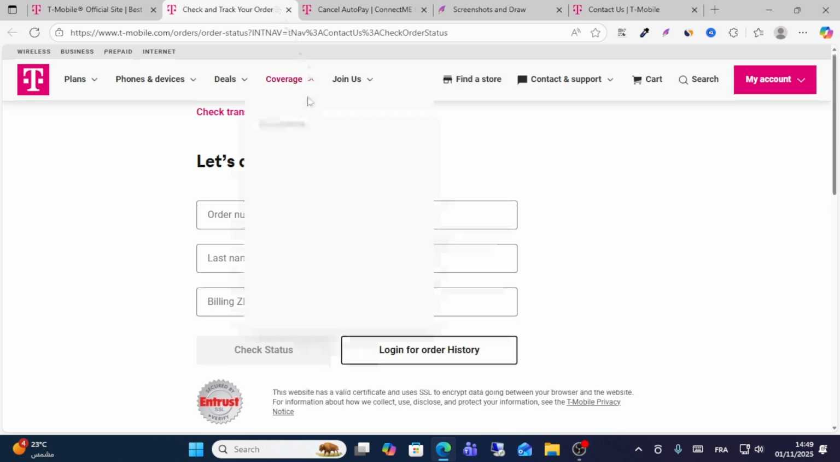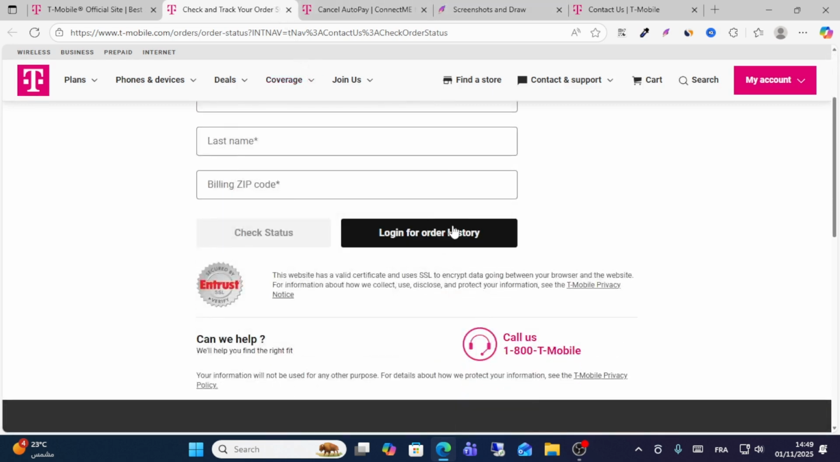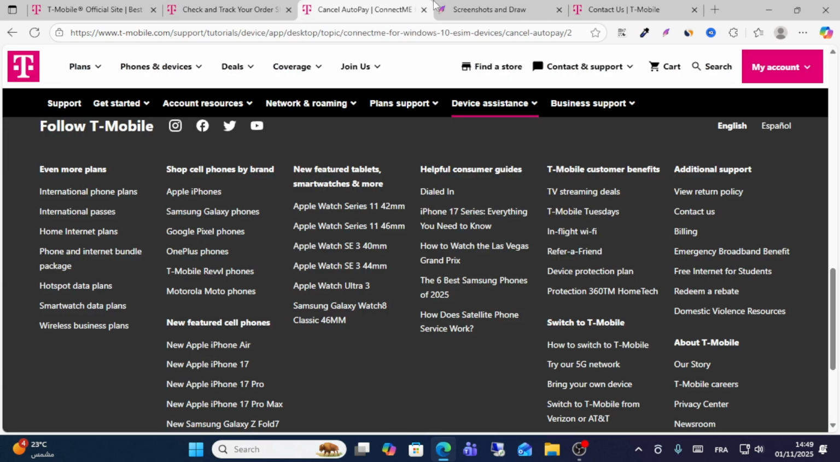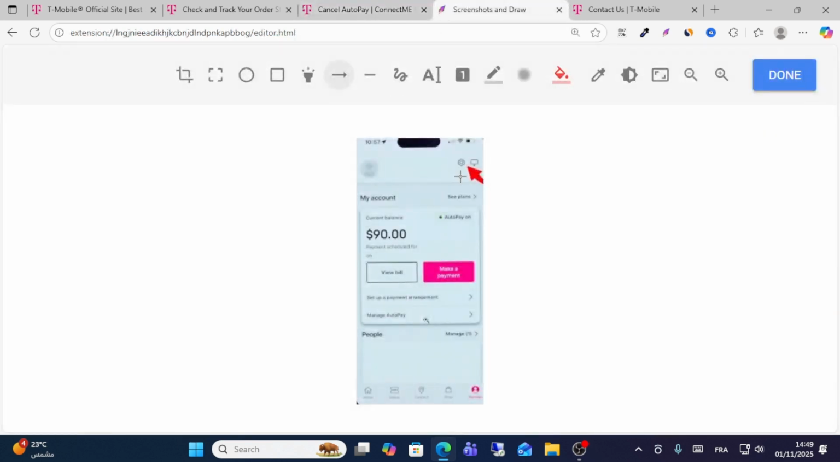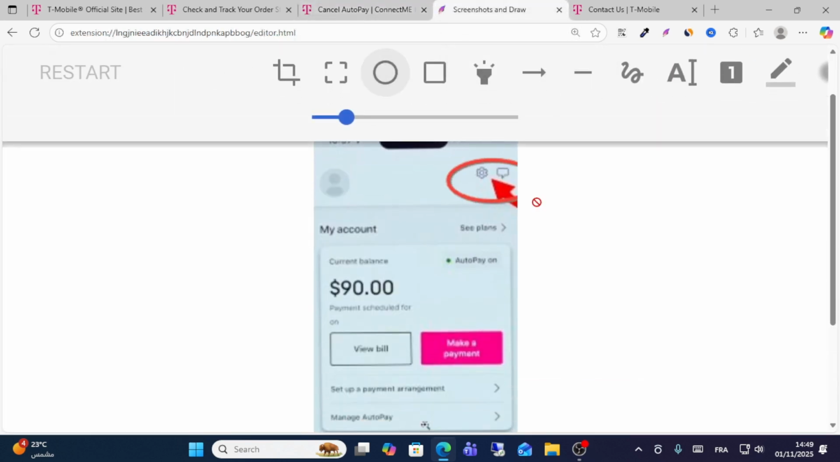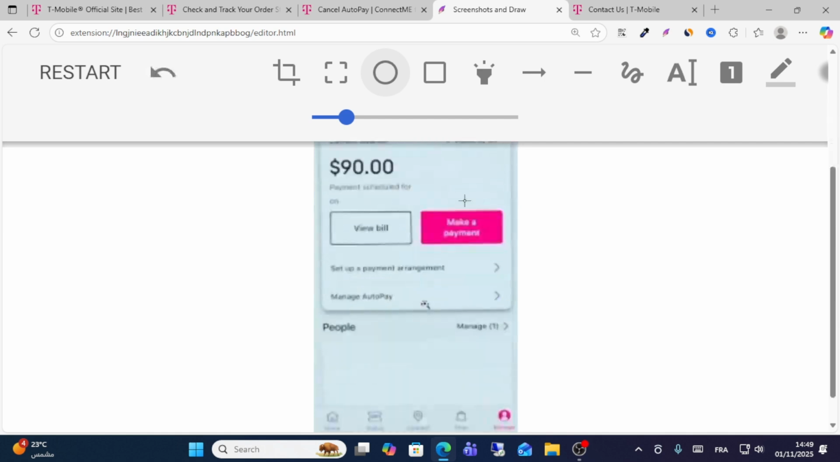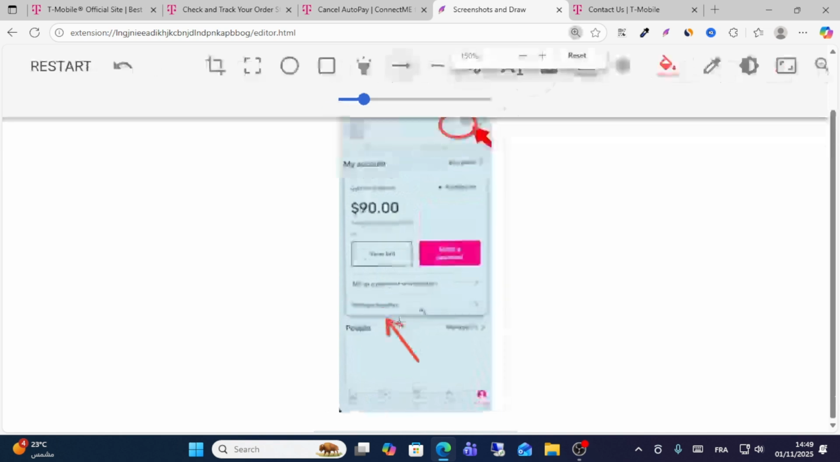And then all you have to do, guys, when you log in to your account, you will see this page. In the top right corner, you will see this setting. Click the setting. From the setting, click on manage autopay. When you click manage autopay, you have all access to cancel your autopay or delete or change your payments through